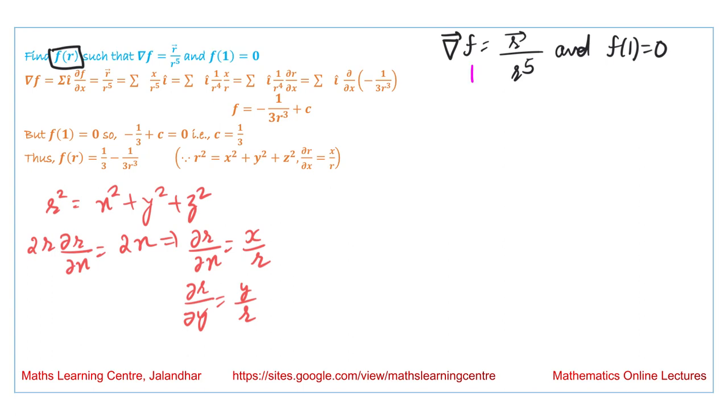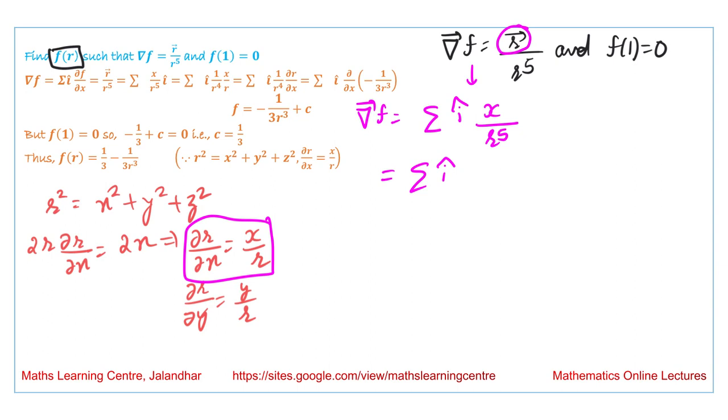Now coming to this question, we are writing gradient of f. We can write this r vector as x i cap plus y j cap plus z k cap. So we are writing it as sigma i cap x over r raised to the power 5. We want to use this result, so we are writing it in the form 1 by r raised to the power 4 times x by r. So this is equal to sigma i cap 1 by r raised to the power 4,